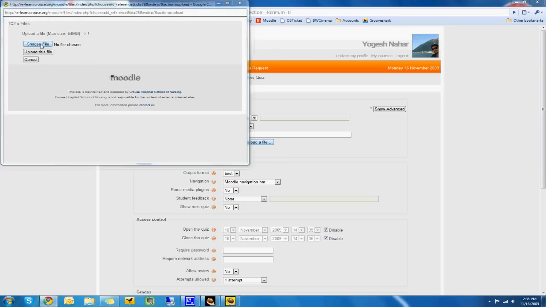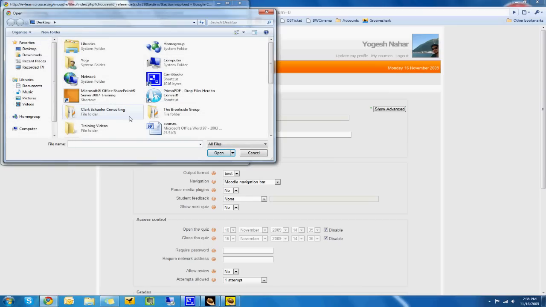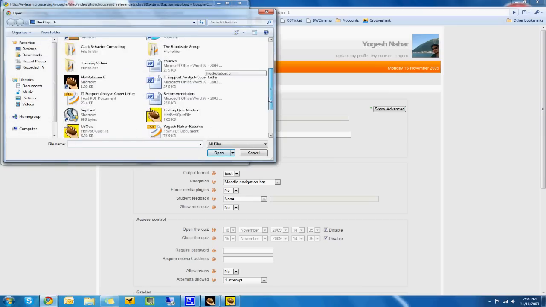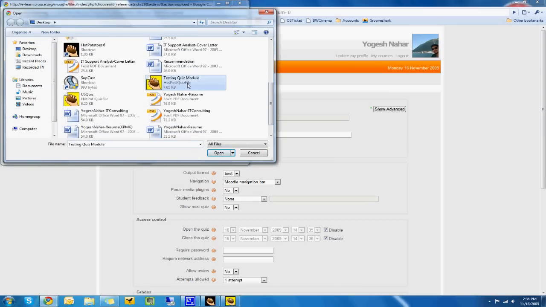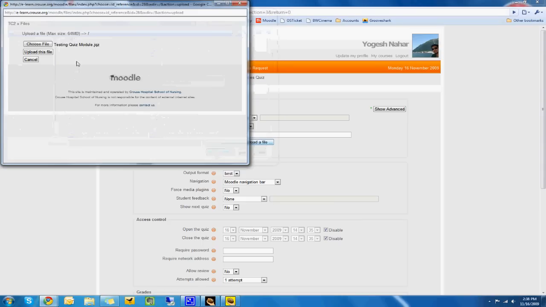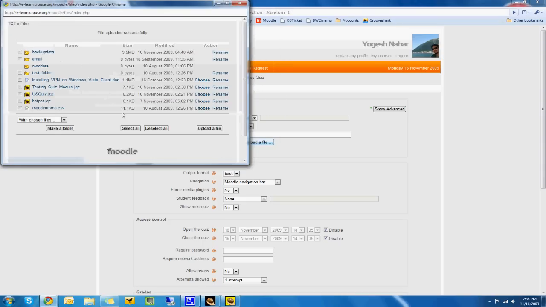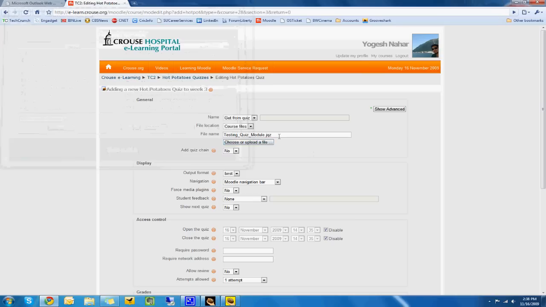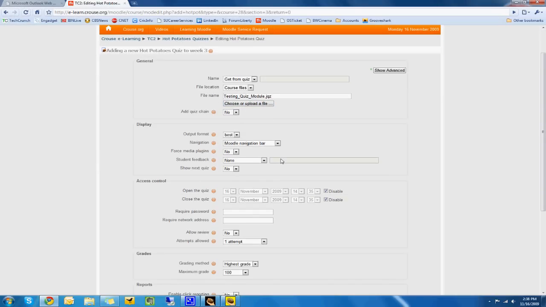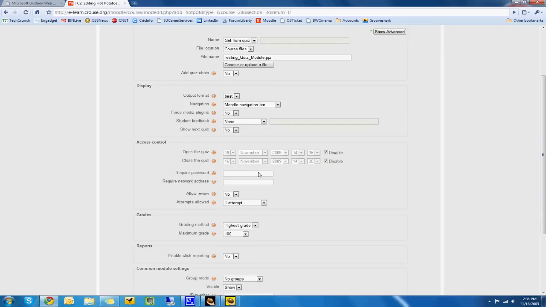I say choose file. So these are all the files on my computer now. So I'm going to browse through and select the file I just created, testing quiz module. I say open, upload this file, and now testing quiz module has been uploaded here. So I'm going to say choose. So that file has been selected, and now everything else can be left as a default option, but if you